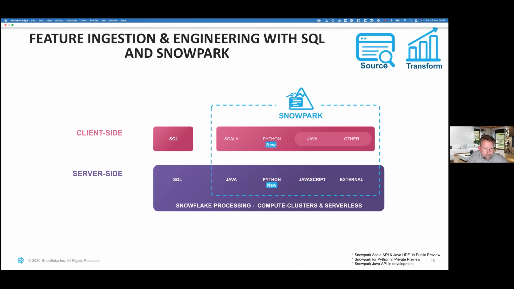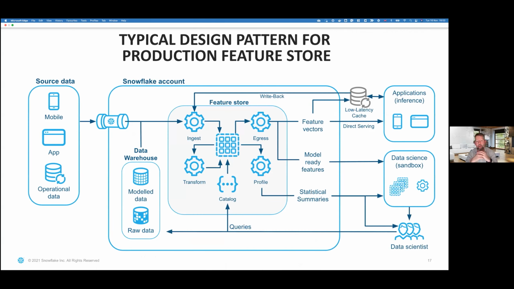Yeah, let me just go back to my architecture picture here. So we see customers implementing in a couple of ways at the moment. Generally, if they need really low latency serving of a persisted or transformed feature, lower than the 0.4 of a second that I talked about you can get from Snowflake uncached, then people will be using some kind of caching technology like Redis or a NoSQL database, or even an OLTP SQL database to store those.